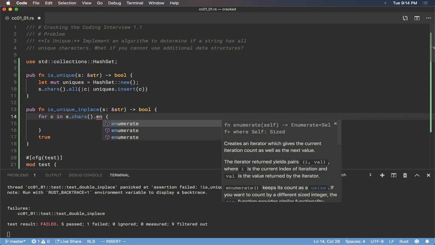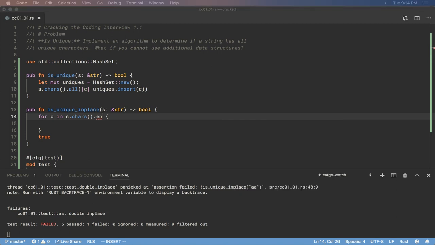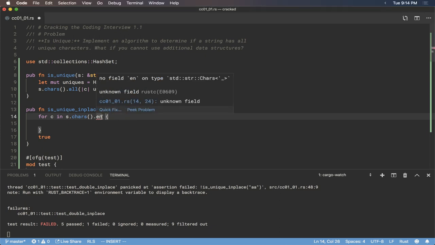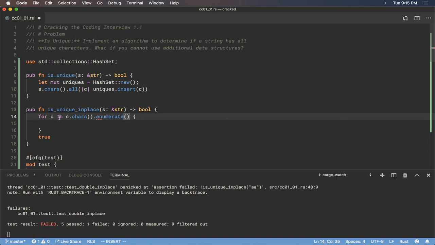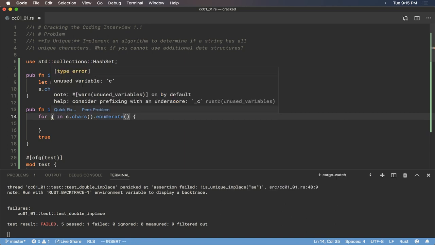That's the way that any iterator works: you continually call next on it. We're not actually doing it because for does that, but I believe enumerate is the thing that we want,